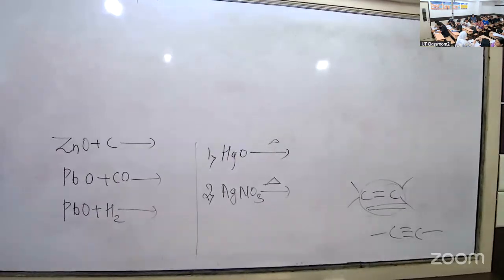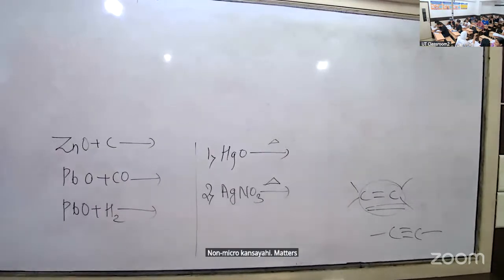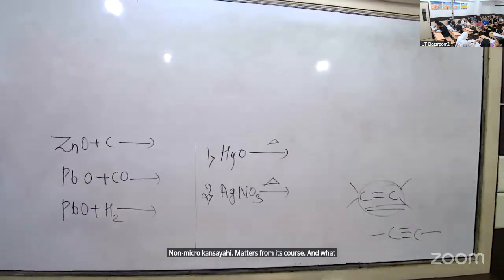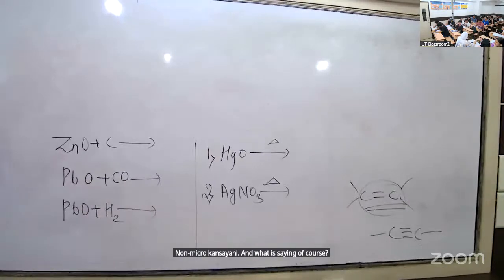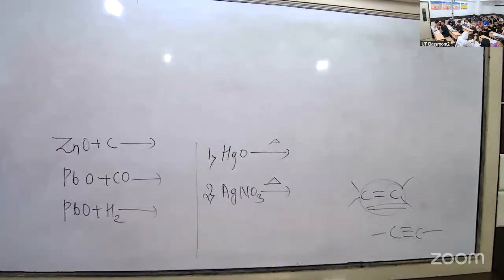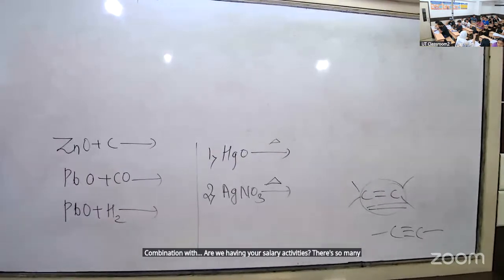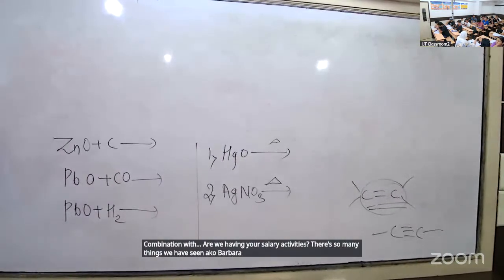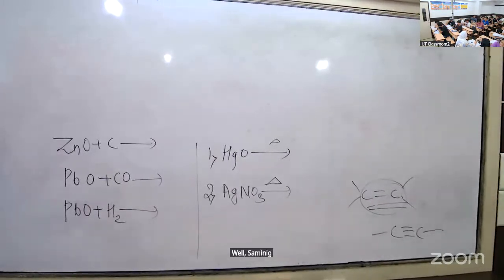Non-metals अभी कहाँ से आए? Metals from its ores. And what is the meaning of ores? Ores का मतलब क्या है? Complex combination with. अभी हमने इतने सारे रिएक्टिविटी में so many things we have seen ना. तो इसका मीनिंग क्या होता है? Extraction, ores means